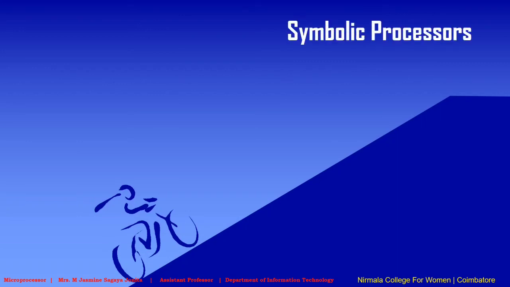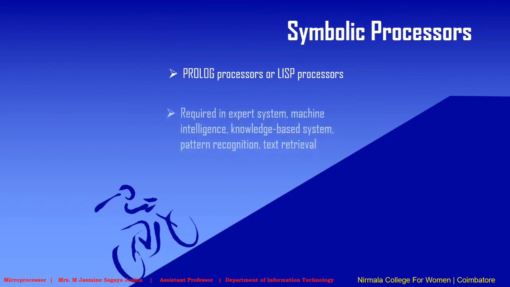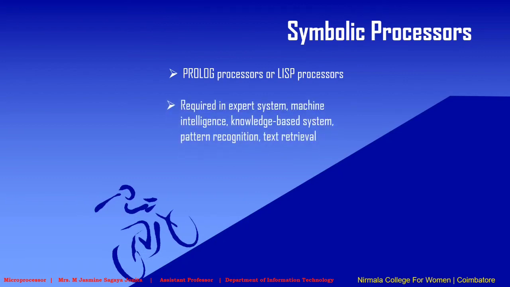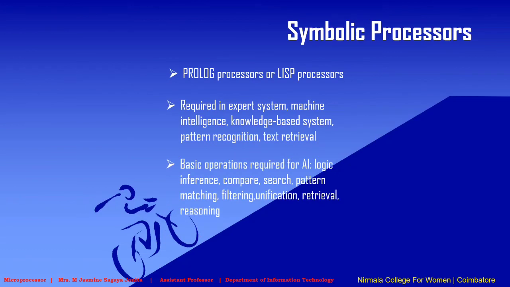Next is the symbolic processors. Symbolic processors are also called Prolog processors or Lisp processors. These processors are required in expert systems, machine intelligence, knowledge-based systems, and pattern recognition. These processors are used to perform basic operations required for artificial intelligence like logic inference, compare search, pattern matching, filtering,